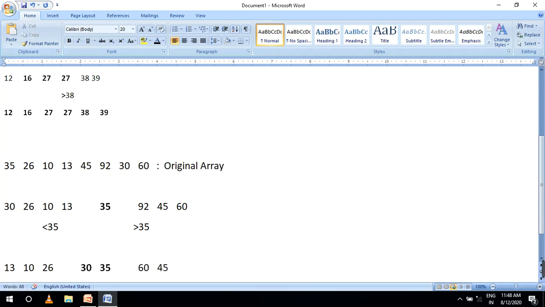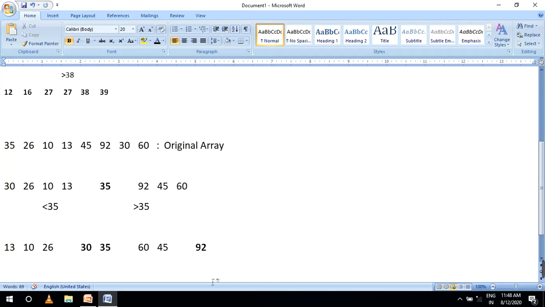So the first value is the pivot value, 92 is the greatest based on the remaining values, so 92 is also sorted. So at this level I'm taking values less than 30. Next, at this level I'm taking values less than 92.